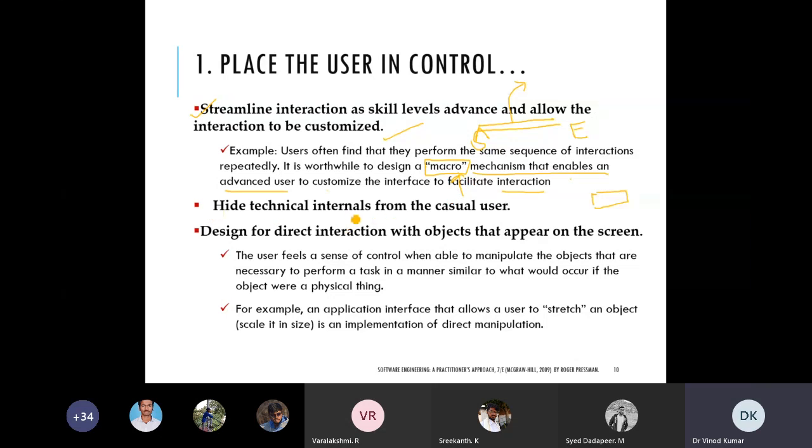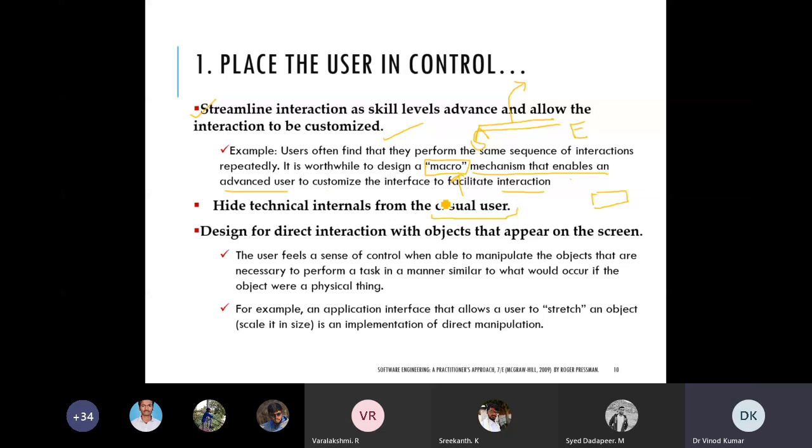Hide technical internals from the casual user. Whoever the casual user of the system is, they have nothing to do with what the internal things are, how it is working. So you can hide the technical internals. What are the technical internals? If I am using Word, Excel, PowerPoint, whatever software, I have nothing to do with how the operating system works in the background.